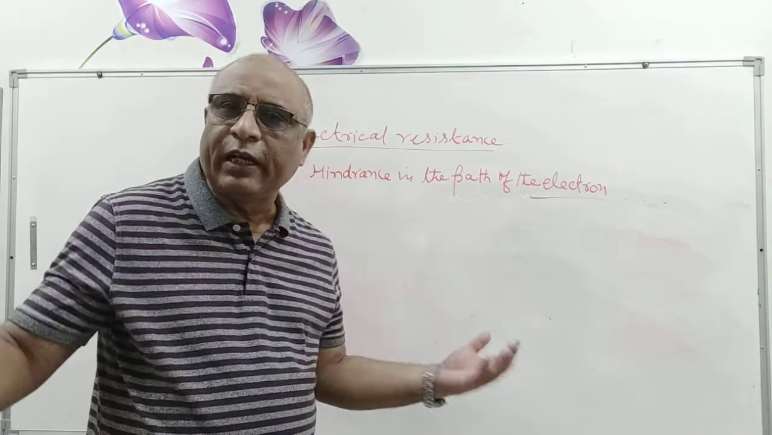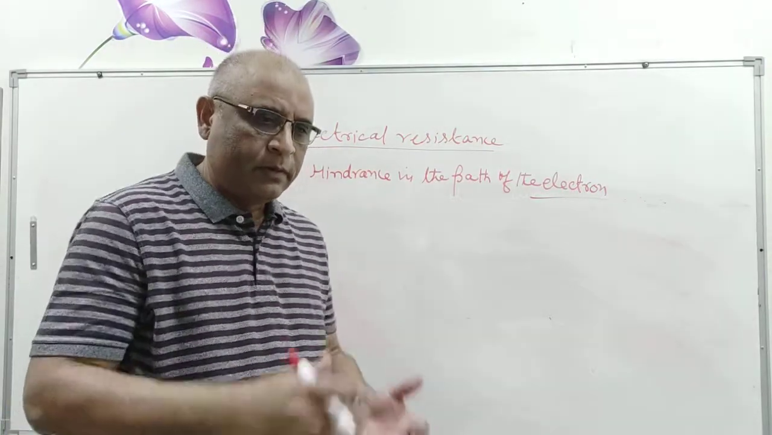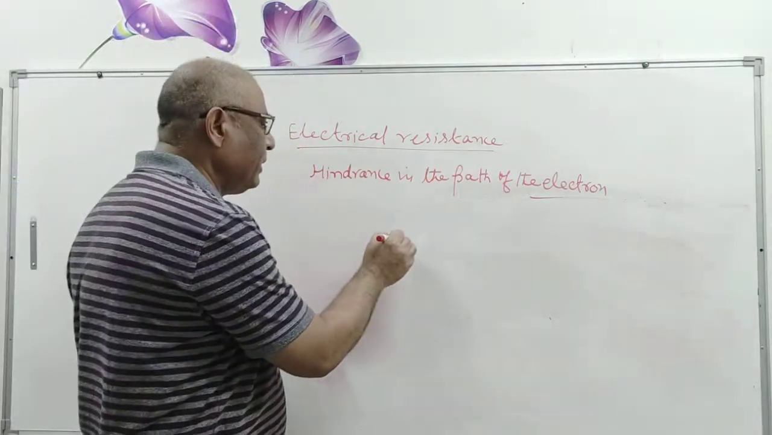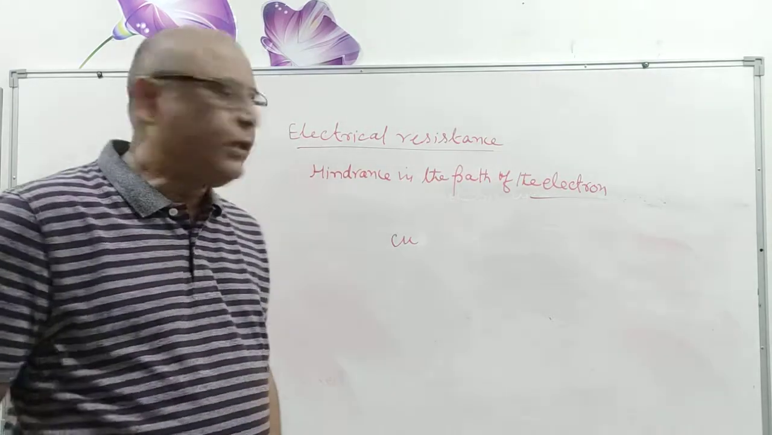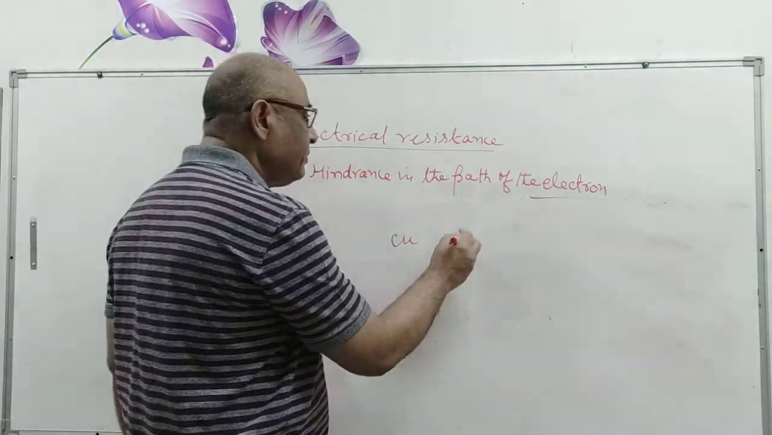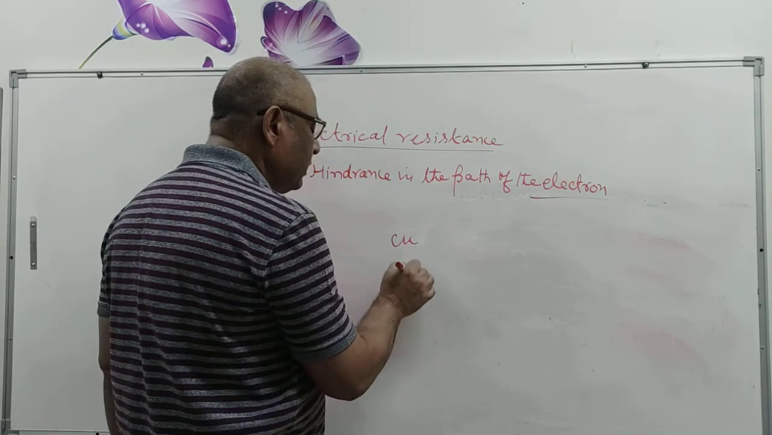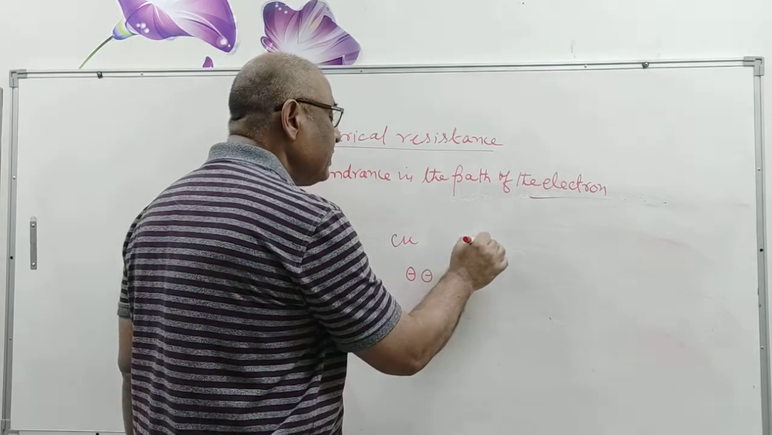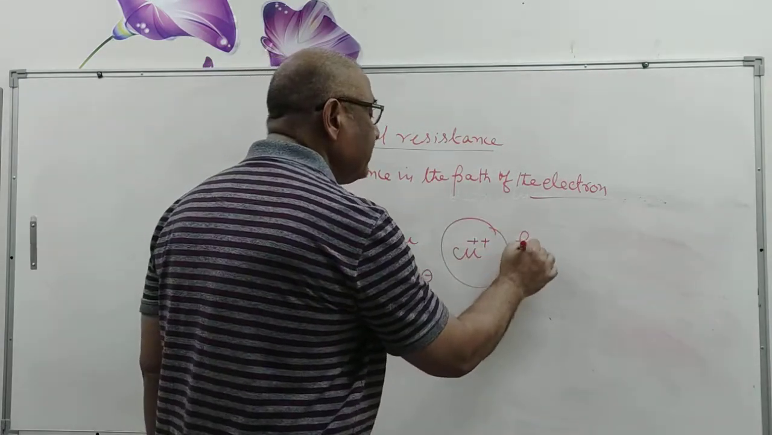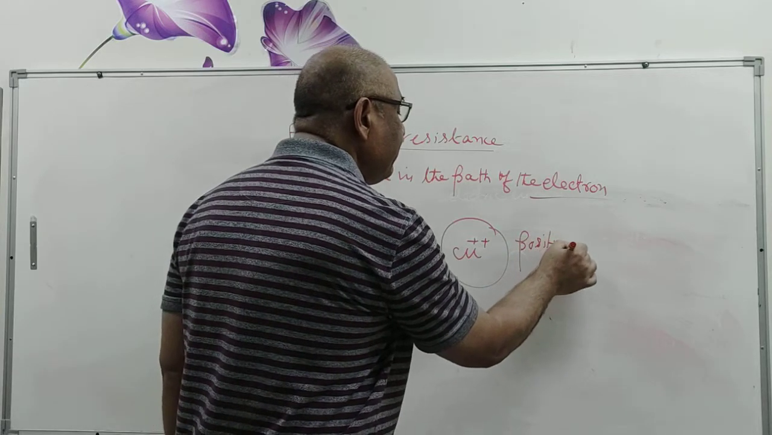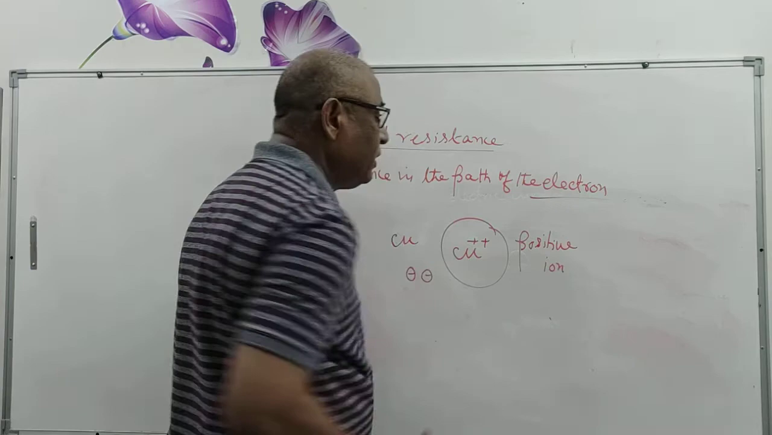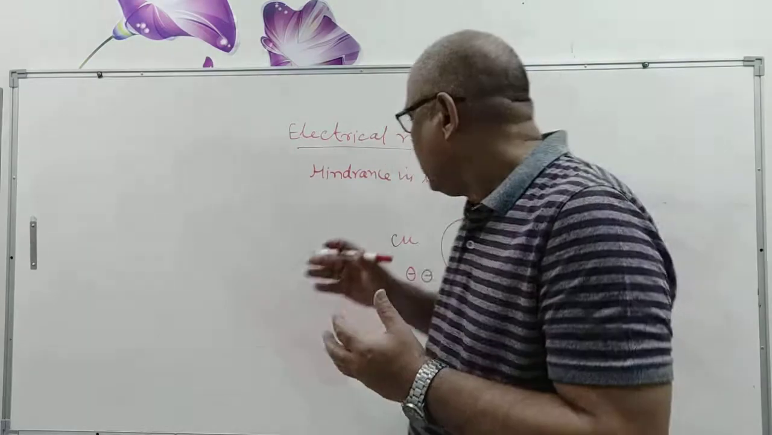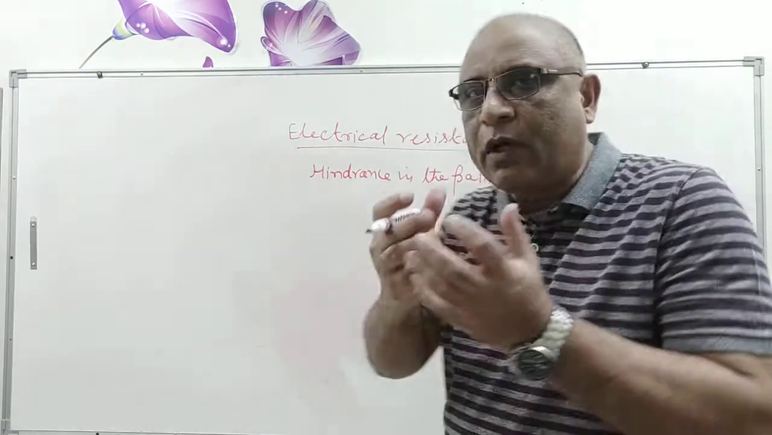We talk about the free electrons in a conductor. We know that when electrons come out, suppose here copper, and two electrons come out, it becomes Cu++. This is a positive ion. Now try to understand my language. The electrons of the copper,